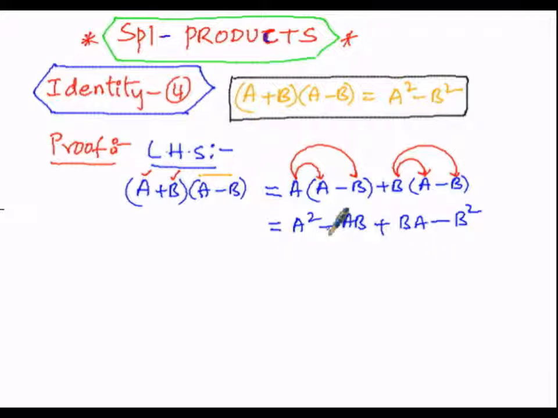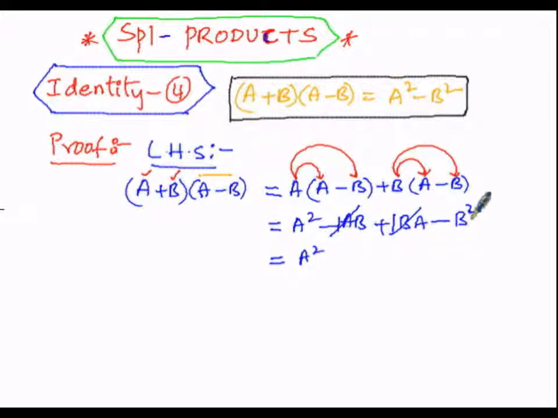Here AB is of negative sign, and here BA, or in other words AB, both use the same value, and here AB is positive. Here AB's coefficient is 1, and here also the AB's coefficient is 1, but one is negative and one is positive. So, we have to subtract: 1 minus 1 is 0. That means we can cancel minus AB and plus AB or BA. Then the next logical step will be a square.